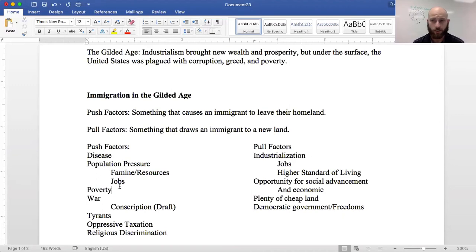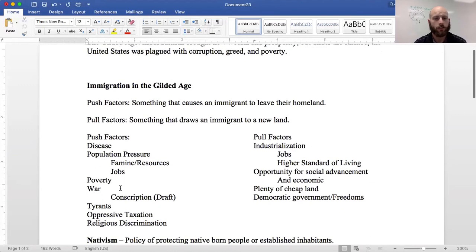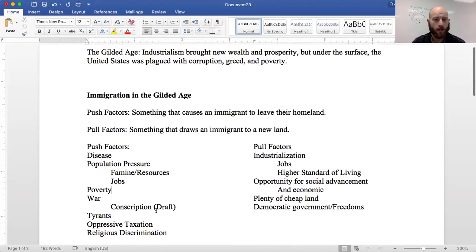They're getting out. Okay, and then they're also trying to escape war, especially the draft. Another word for that is conscription or mandatory service. So these leaders are waging war, trying to gain territory and money, but that's not ever happening for the everyman, right? So they're just trying to escape that. That's a battle they don't want to fight.